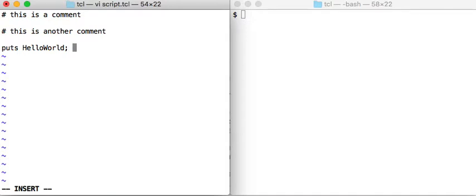So now I want to write a comment here. We can do like this. We can do even another comment. So the semicolon is actually used to say that it's the end of the command, and then your comment is